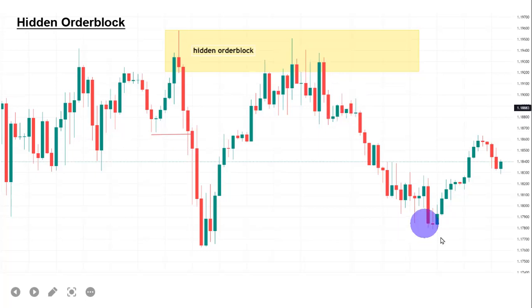Okay, so you can see price didn't quite take out the low right here, but if you hang on, you might see price take out the low. But you don't need to wait for price to take out the low before you take your profit. If you make your calculations, you would see that we are already